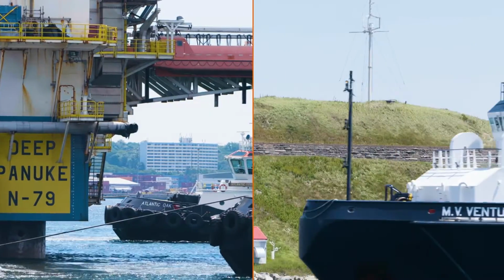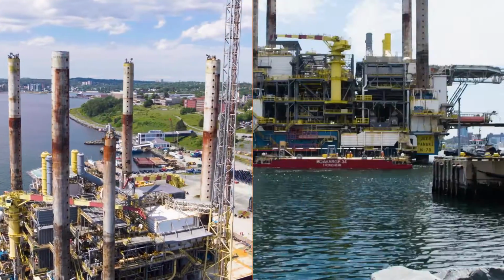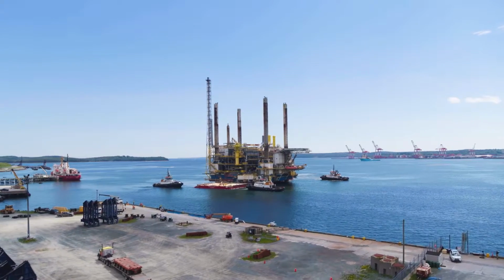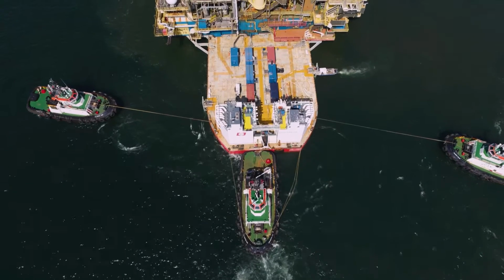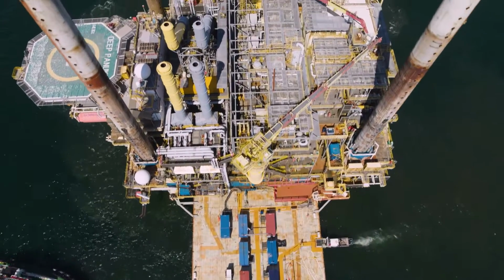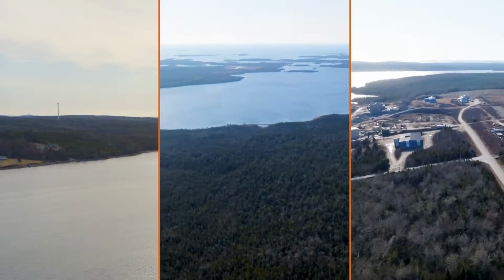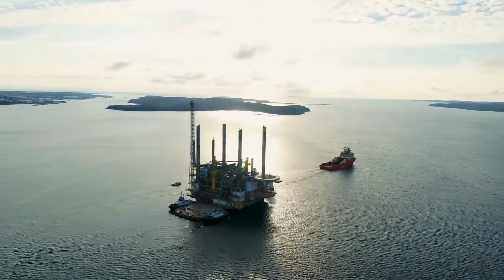The Deep Panuke PFC Recycle Project is the first demonstration of SBM Offshore's responsible recycling policy and aimed to set an example for the decommissioning industry. The effort began with the qualification of a local yard, and the PFC Deep Panuke was towed to Sheet Harbour,